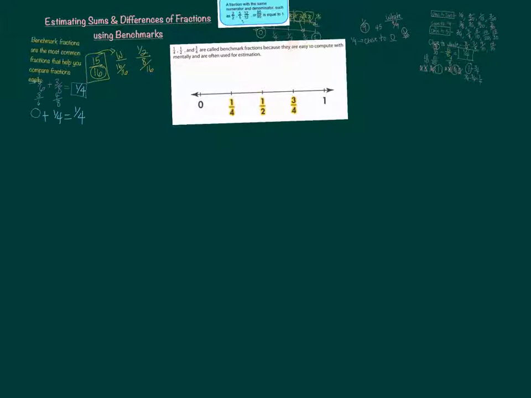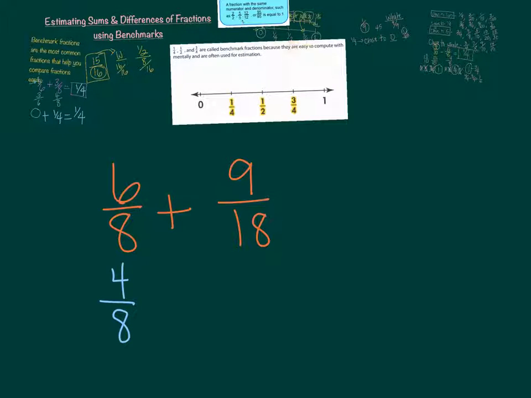Let's try another one. Let's do 6/8 plus 9/18. Okay, so first thing, we got to look at it. Do we have unit fractions? No. Okay, so we're not going to have anything close to 0. Let's go straight to our half. What's half of 8? 4. Okay, so this is definitely greater than a half. Okay, so it's not my half. It's either going to be 3/4 or 1. Now, in order for it to be close to 1, it would have to be 7/8 or 8/8. So it's not that either. So I come up with